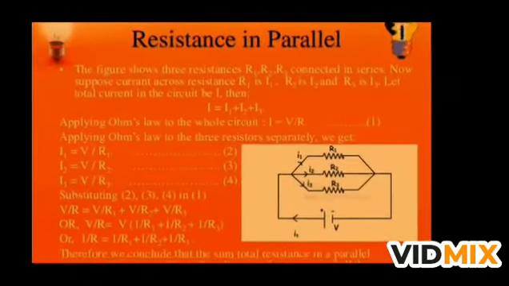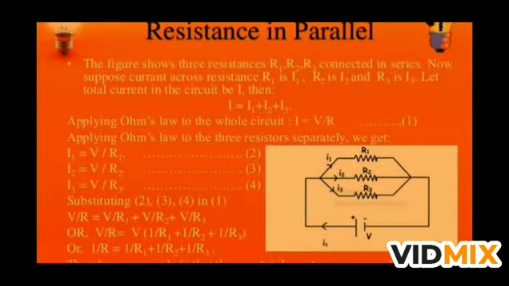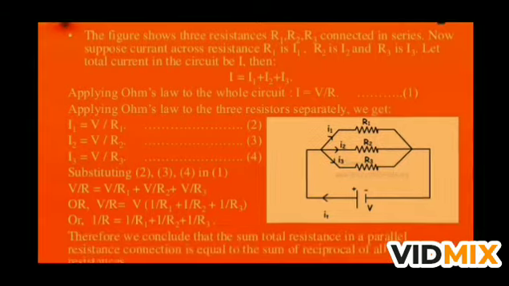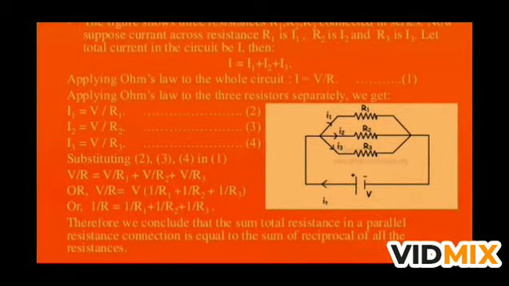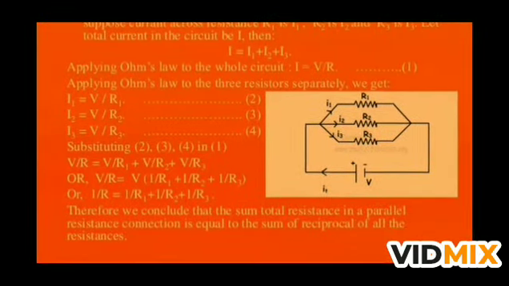If you see the circuit diagram of this parallel arrangement, you can see that R1, R2 and R3 are connected with the same point. Plus and minus means all the three have the same potential across their end, and if you apply here I is equal to I1 plus I2 plus I3, and you place the value of I1 is equal to V upon R1, here V same, I2 is equal to V upon R2 and I3 is equal to V upon R3, means we are keeping the V same, means potential same, and if you put in the equation, then you will get the value 1 upon